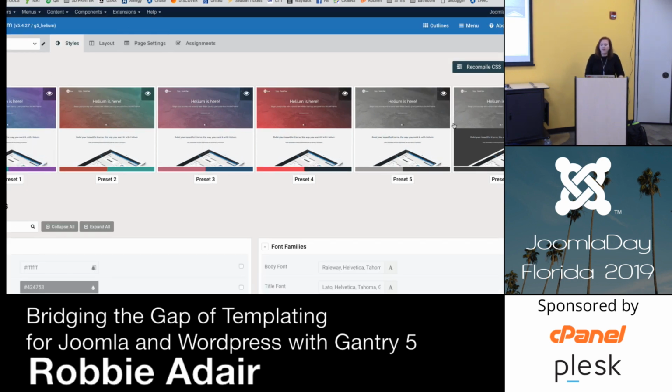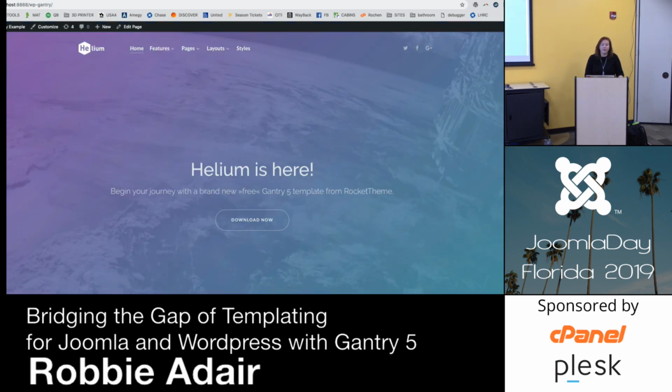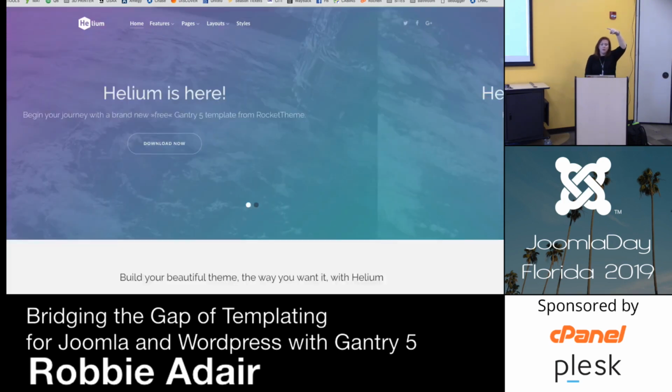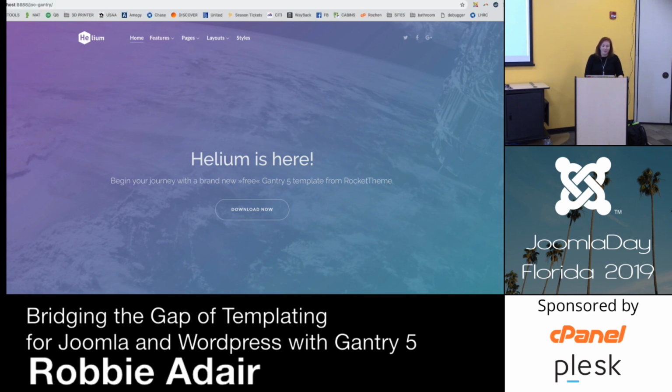And this is where I was telling you about there are some preset color schemes in here. So if we look at the front end of these, by the way, here's the front end of my WordPress. You can tell because there's a little WordPress bar up there, right? The WordPress edit bar. And here's the front end of my Joomla site. They look identical, don't they? I mean, they really look identical. They've done a great job with this, actually.